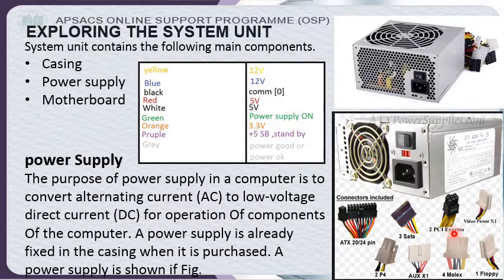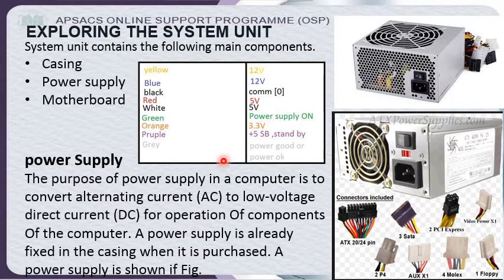A PCI Express connector is also there, because most of the 3D cards, which are PCI Express cards, also need some extra power. So that power goes from your power supply to your 3D card. A Video power X1 connector is also there. Some motherboards have that connector where you connect it.